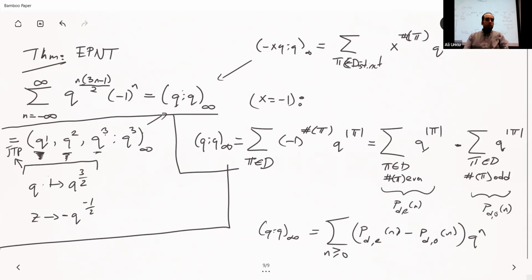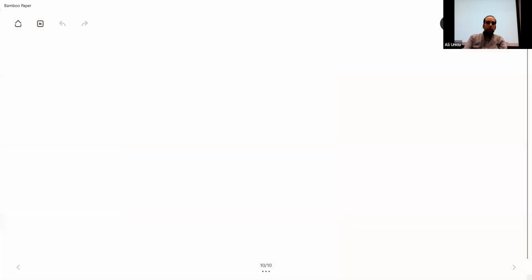Right? So the product of the Euler pentagonal number theorem is the difference, without the absolute values now, of the distinct partitions into even number of parts and the distinct partitions into odd number of parts. So if I compare it with the left-hand side of the sum, we would know the signs. And that's all there is. That's really all there is. So if we were to just look at that,